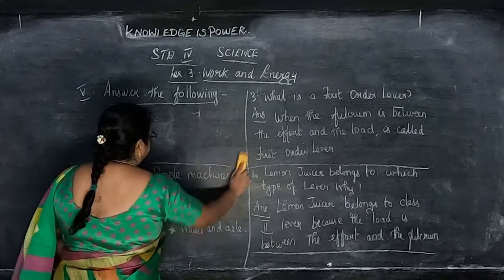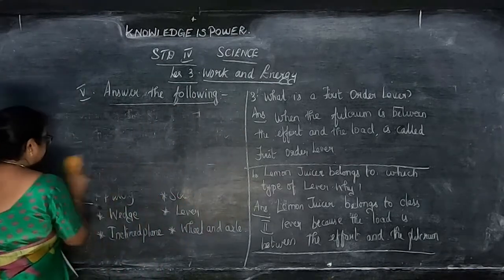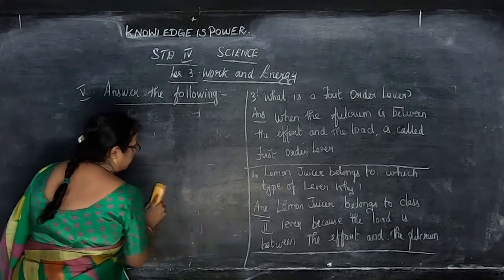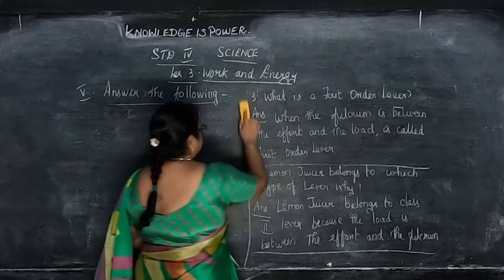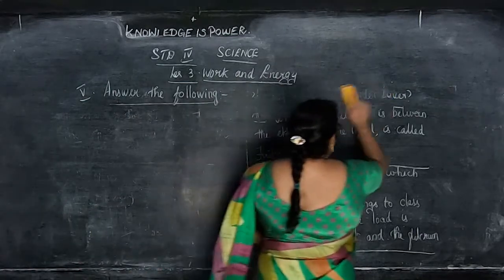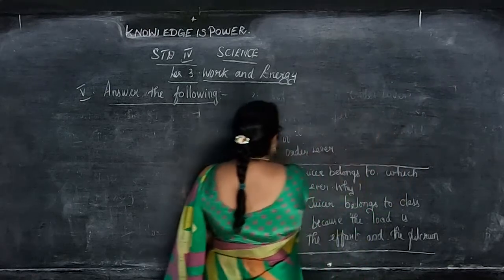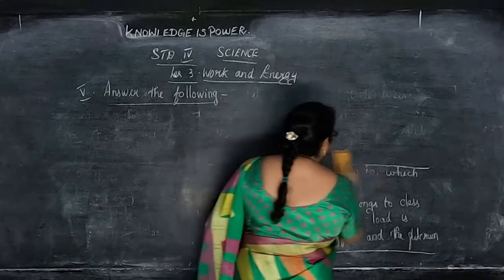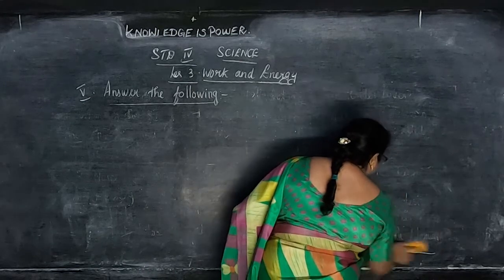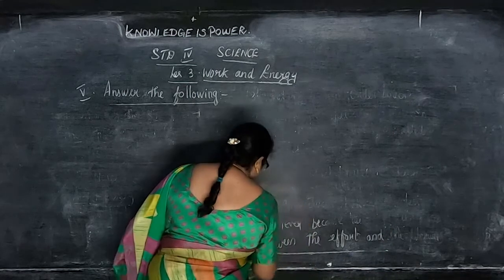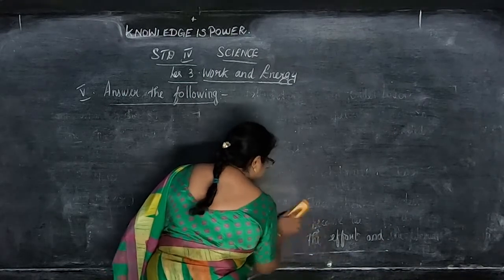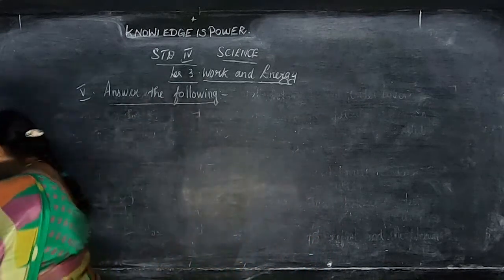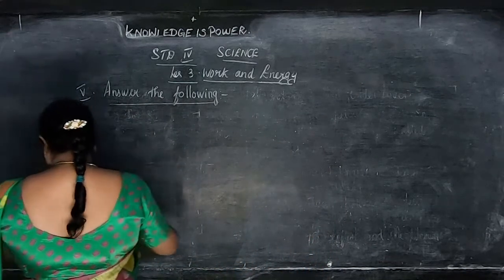Whenever you are reading, read along with me, children, so it will be easier for you to read when you learn. Okay, take down in your notebook neatly, write it and learn, children. All the objectives, question answers, everything is given for you. So don't waste the time and learn. So next we'll go to the 5th question.